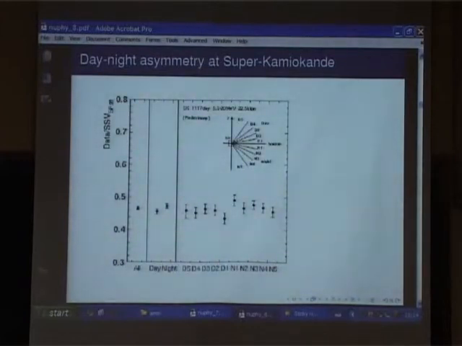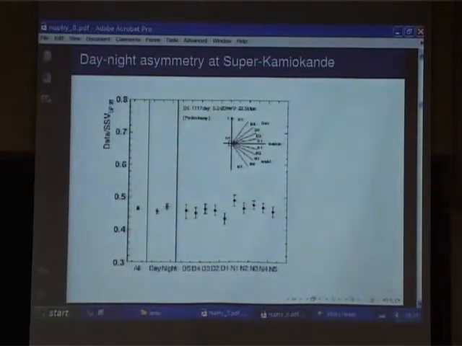So this is during day, during night. One tends to see that there is perhaps a slight excess during night. Okay. Even here, you see that this is day, this is night. So it looks like there is some excess during night. However, it's very small. The excess, if you look at this scale, this is maybe